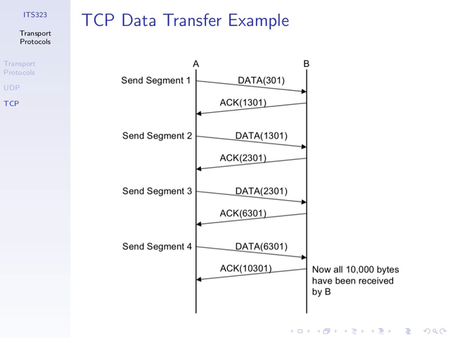Let's say the application sometime later wants to send some more data. The first 10,000 bytes was triggered by the user on the application opening a file to upload and pressing send. It was sent as 4 segments. 5 minutes or 1 minute later, the user has another file to send and presses send. This second file is 20,000 bytes. If the connection is still open, we continue the transfer using these sequence numbers. So if we have 20,000 bytes,